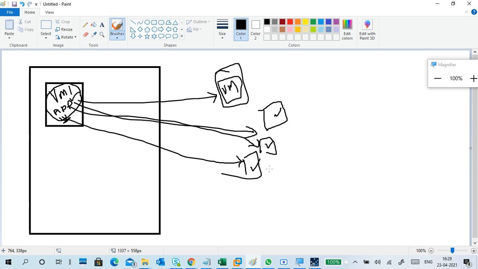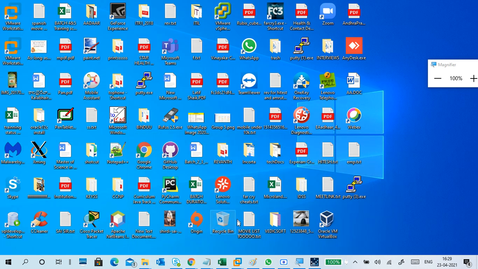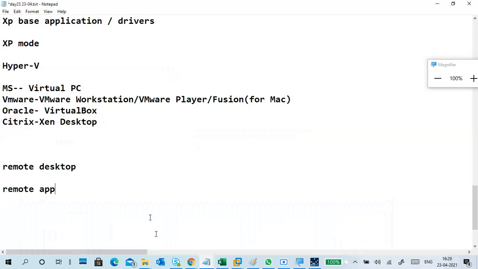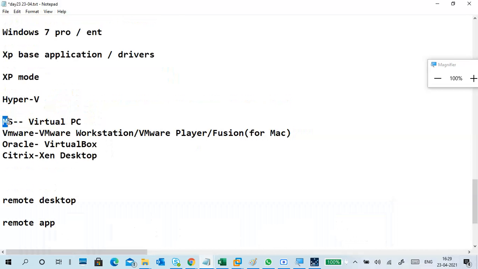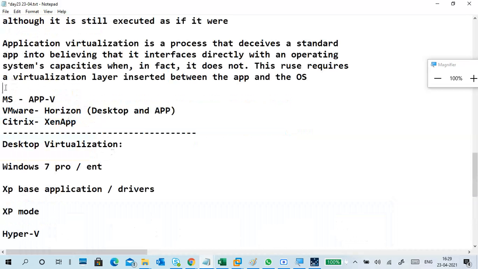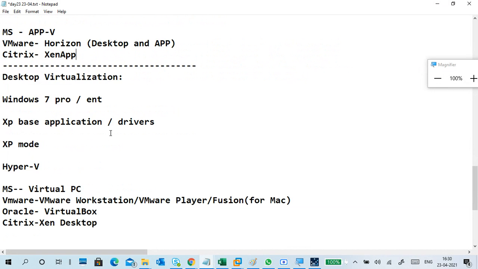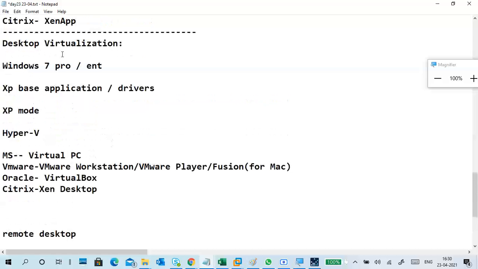This is another set of desktop virtualization. Different tools are used for application virtualization, and different tools are used for user experience virtualization also. Application virtualization and desktop virtualization have common things.